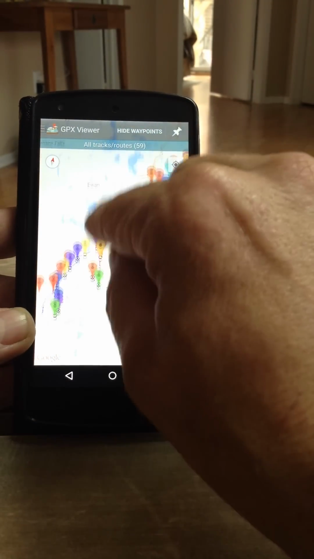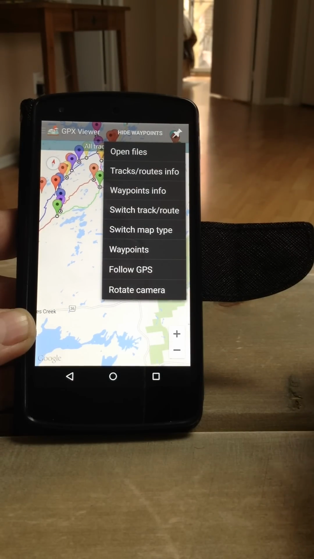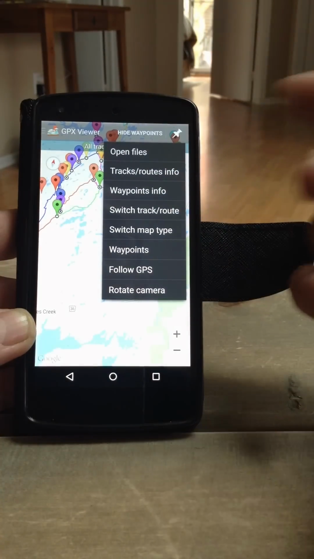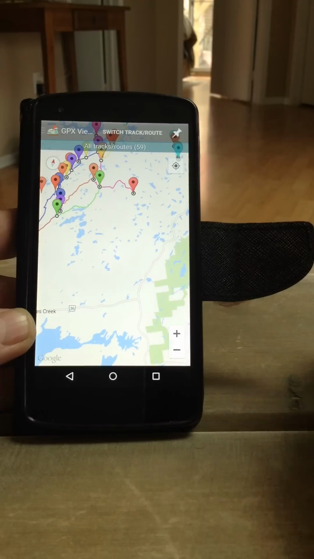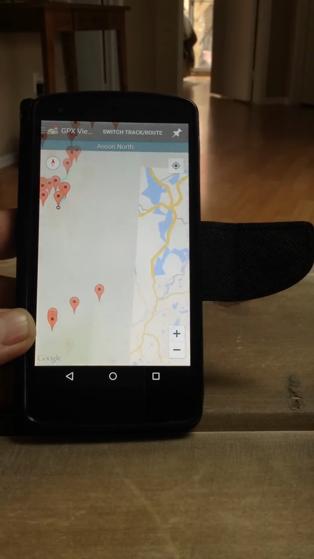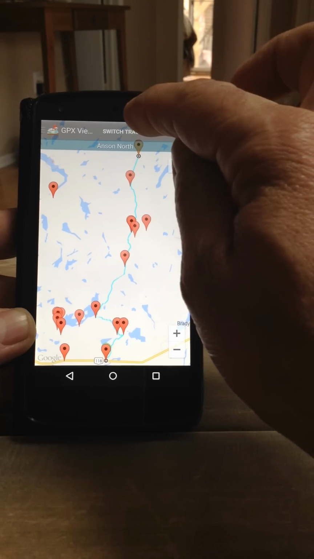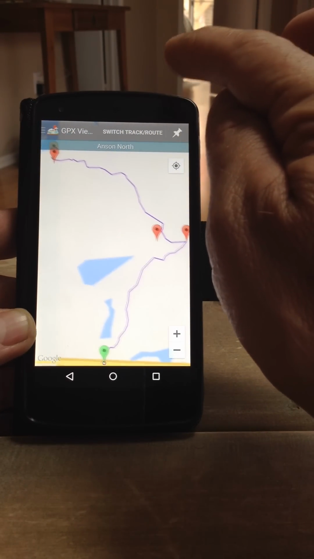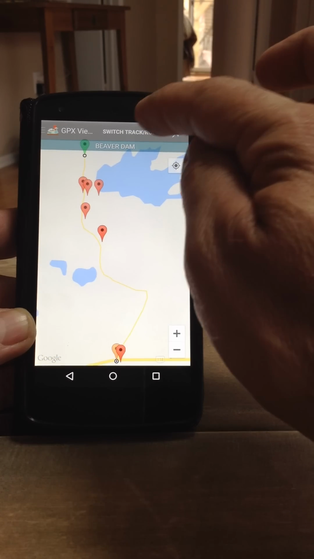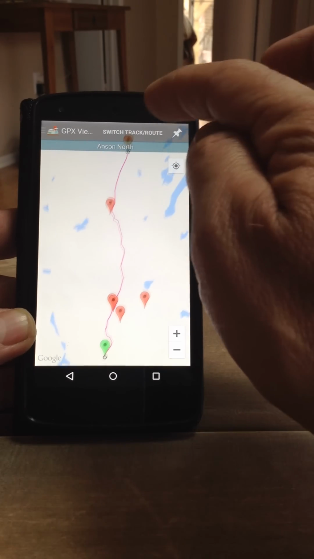And you can zoom out, zoom in. Let's see what else it's got here. Waypoint information if you want to get more details on it. Switch track routes. Another thing it can do is switch track routes. Say I wanted to show one individual track at a time. You can just keep clicking it and it will take you over to each one of the tracks that you have in there. So if you just want to scroll through them and you're showing people different trails